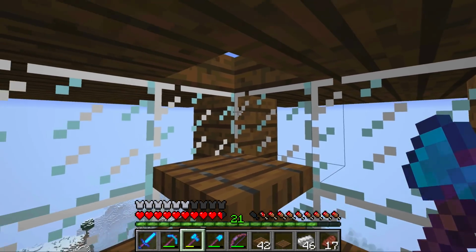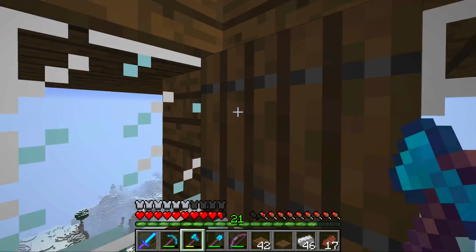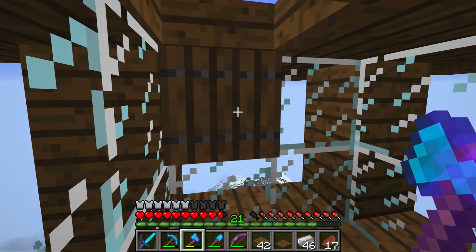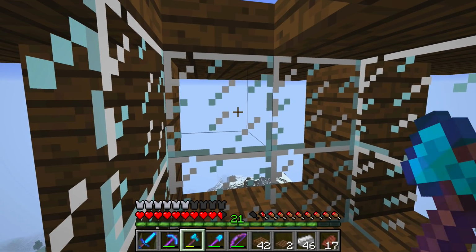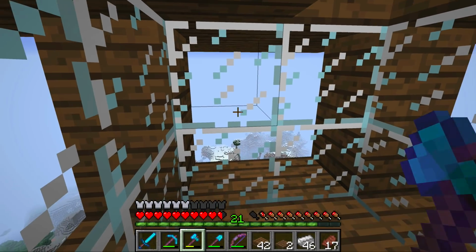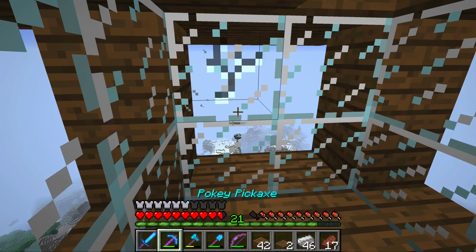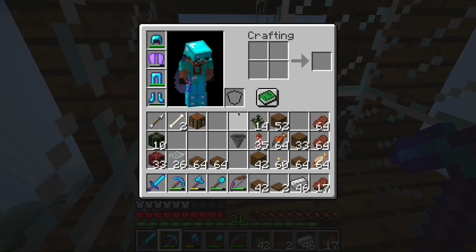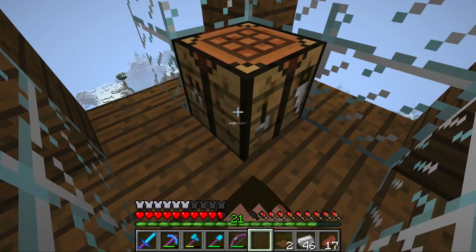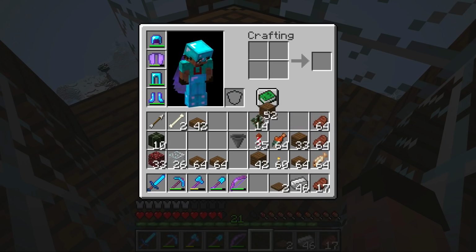Oh, because the trapdoor doesn't close there, does it? But it means I can get. No, I can't get out. Ah, right. So if I get rid of that, I'm going to have to smash my way out here, aren't I? So if I then got, where's my crafting table? If I put a crafting table, don't throw that away. If I get a crafting table there, and I make myself